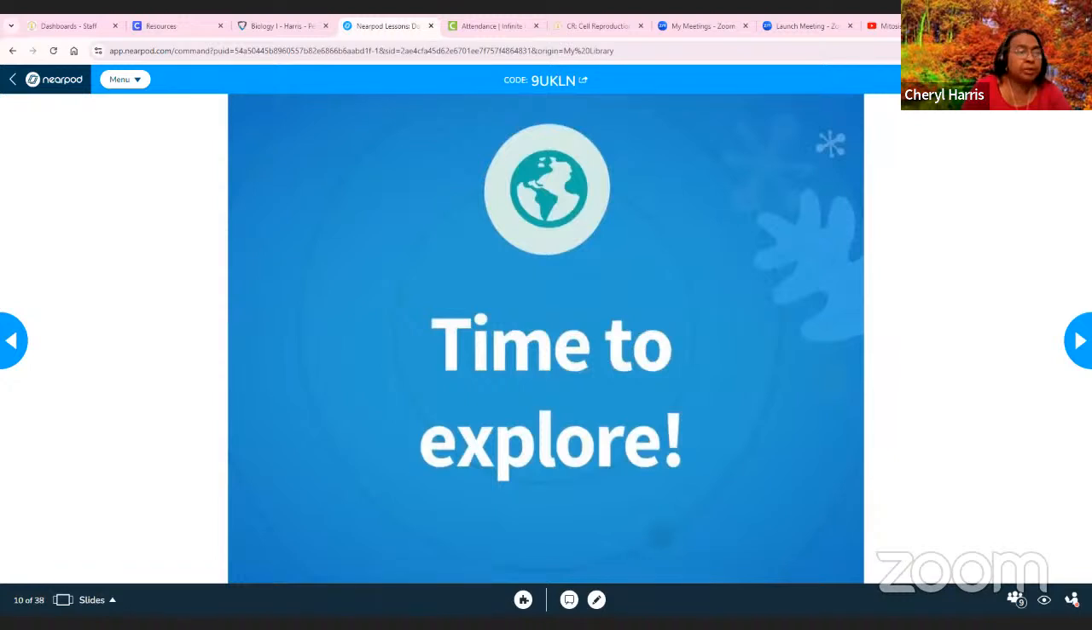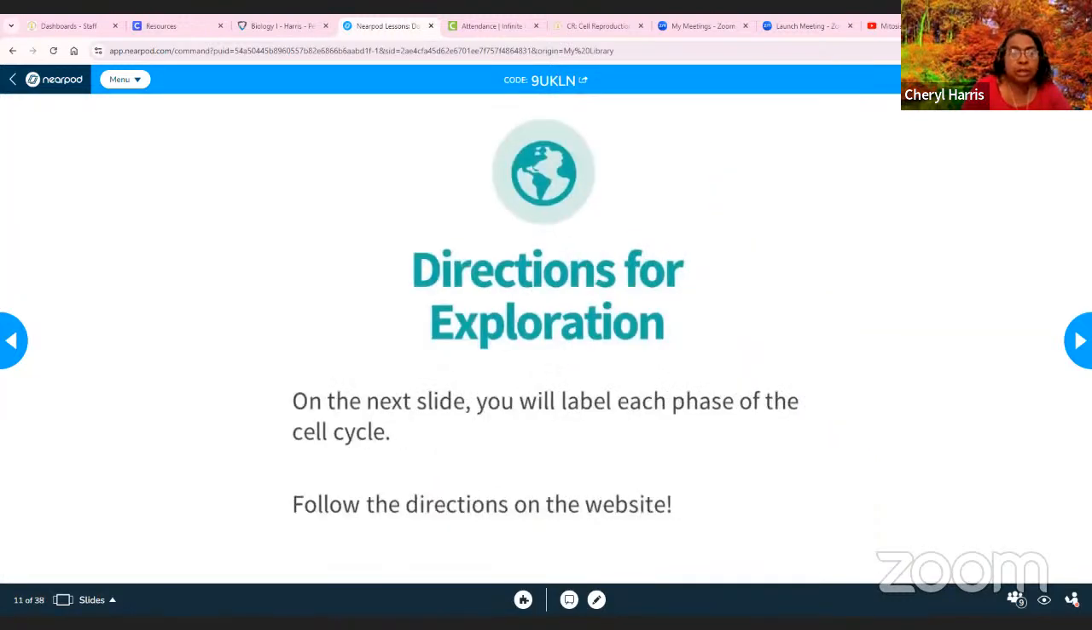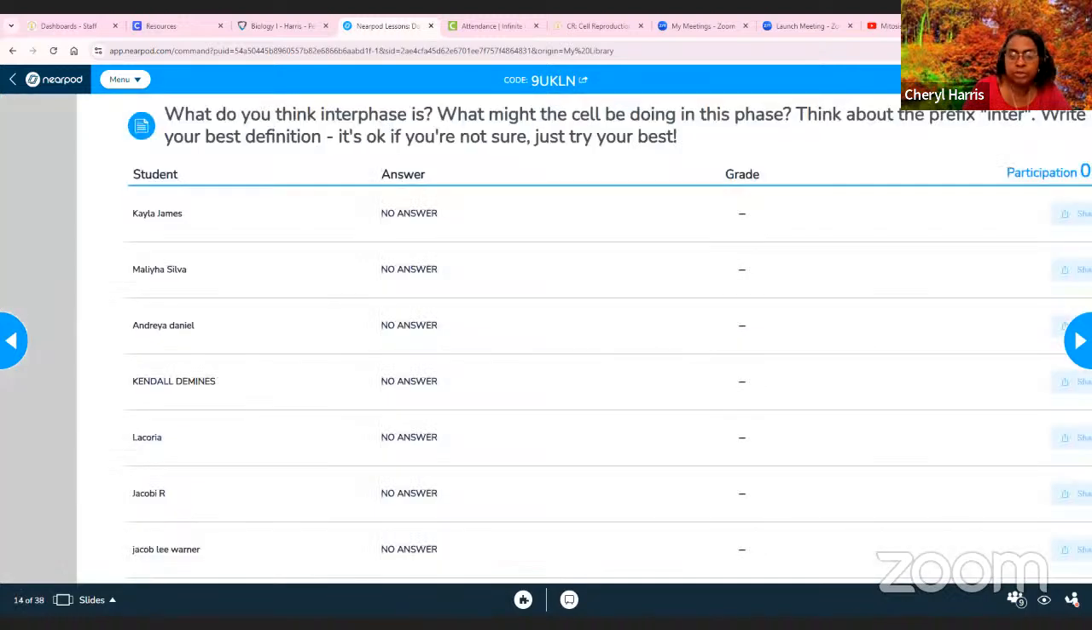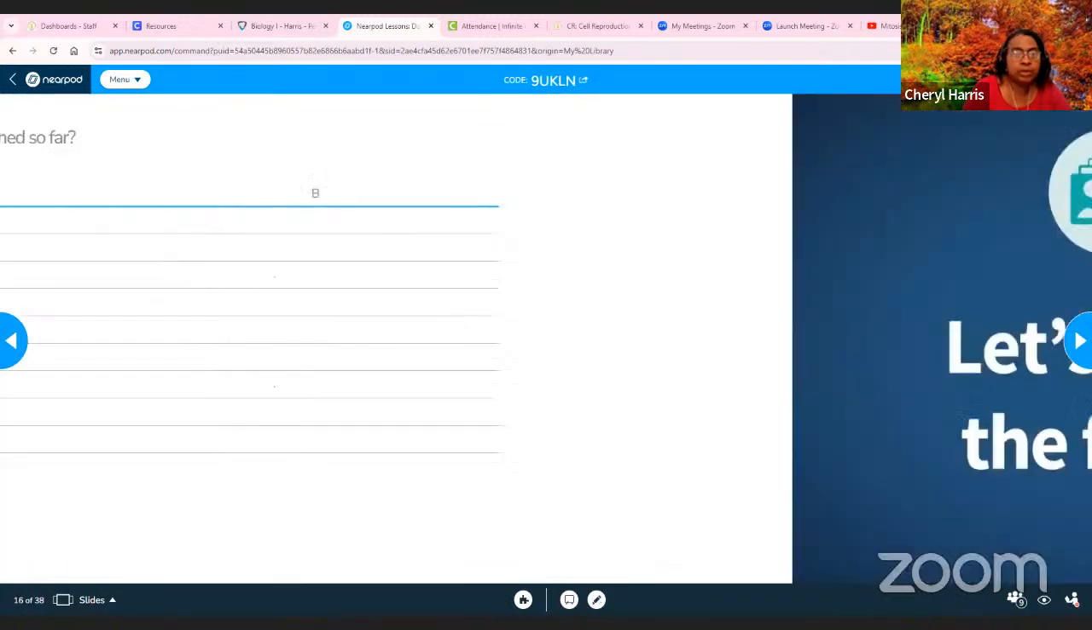All right, we're going to explore. So we're going to look at the cell cycle. I asked you to take out a sheet of paper, and actually we're not going to do this piece because it asks you to do it before they even give you,